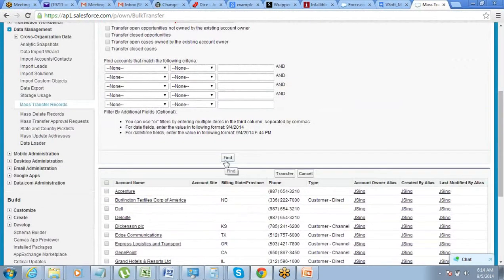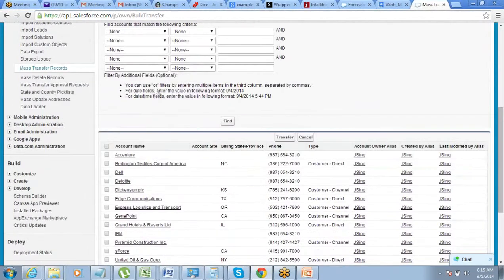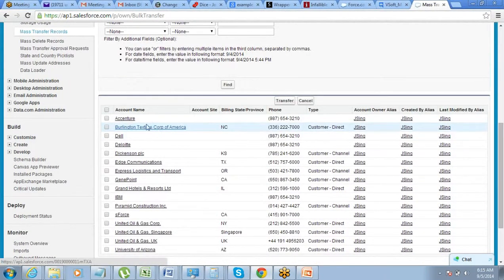So if you put some filter, based on that filter you will get the results here.